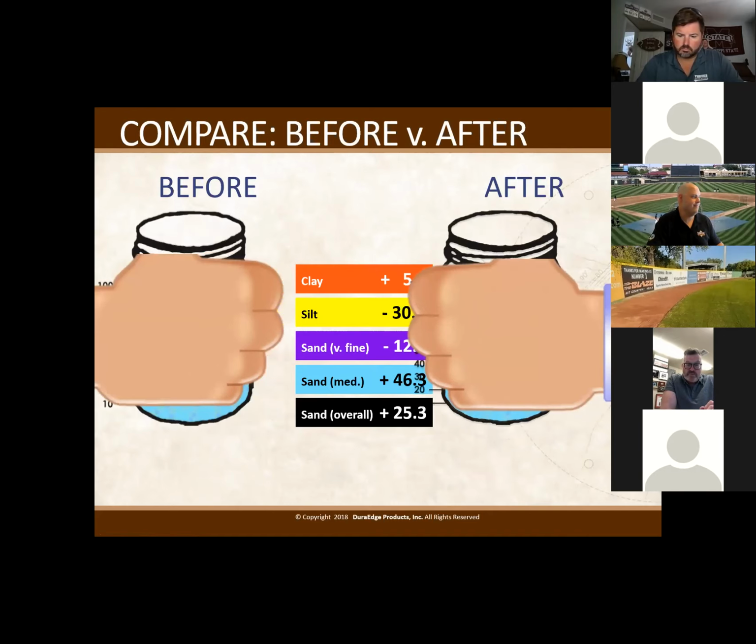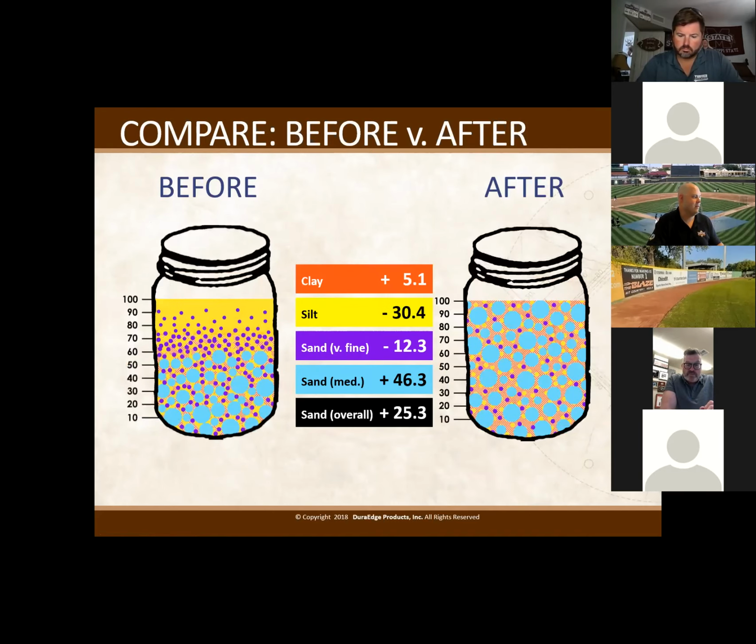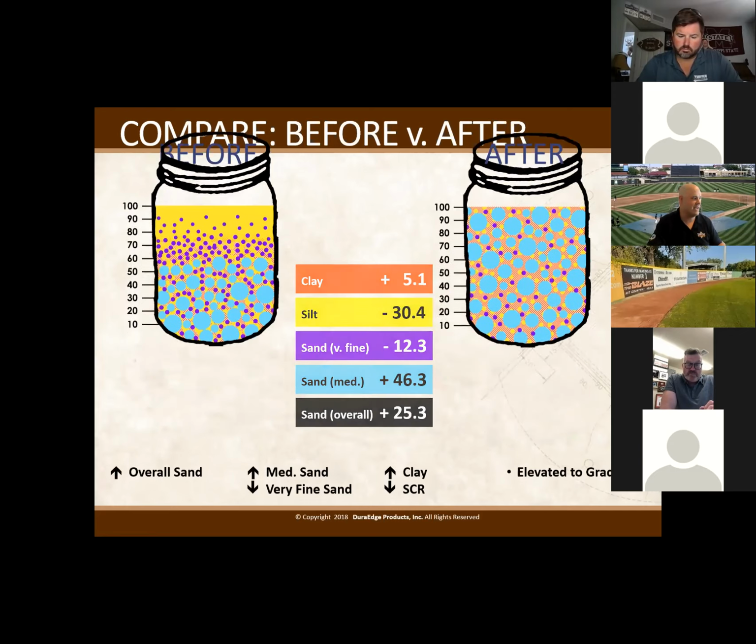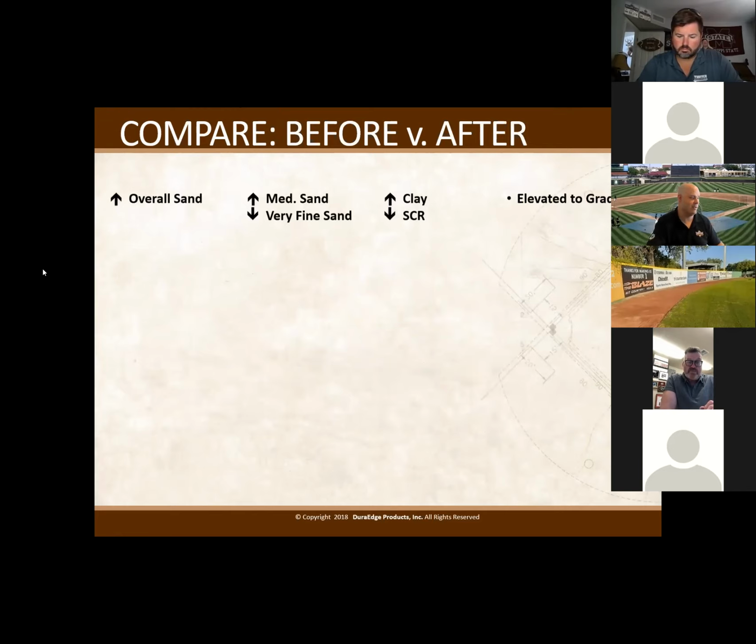So after that, you have a before skin that is not balanced, and you have silt and clay at the top, an unsafe, unplayable after-rain situation, versus after, you have a balanced soil structure that has the right sand in it, the right silt and the right clay to now bring ROI to allow that field to be played on more, hold more moisture when needed, and to help save on labor so that areas aren't wearing out as quickly as they would normally.